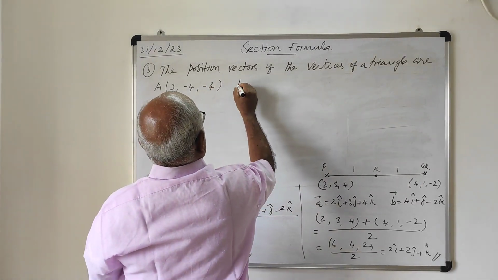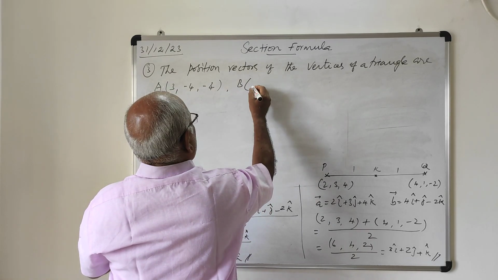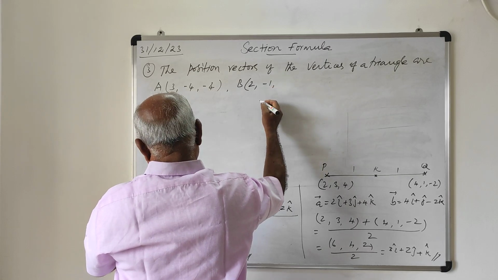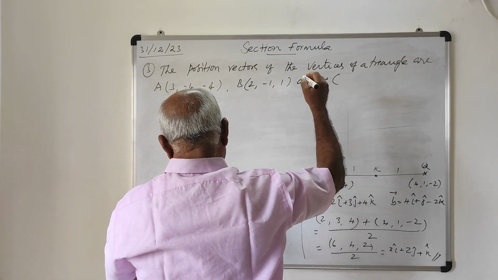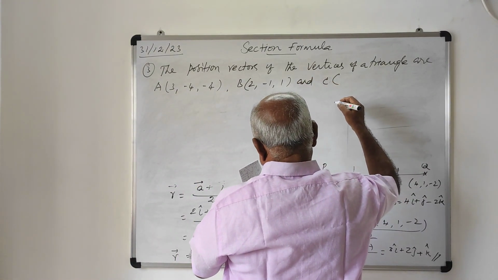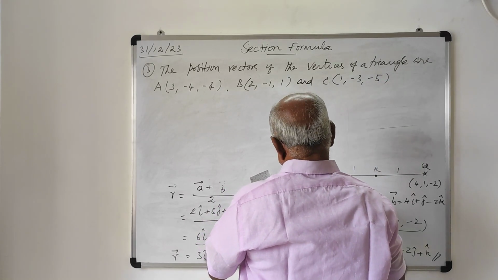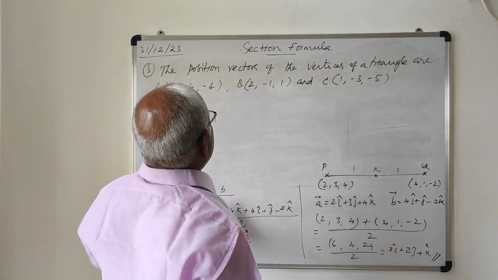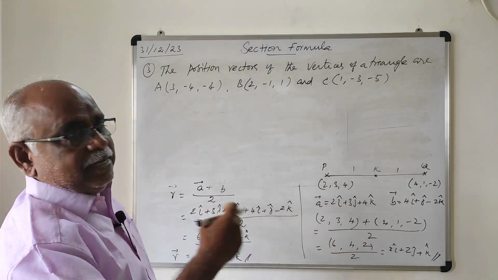And the point B, another vector B is 2, minus 1, 1. And the vector C is 1, minus 3, minus 5. If these 3 points form 3 vertices of a triangle, we have to show that the triangle is the right